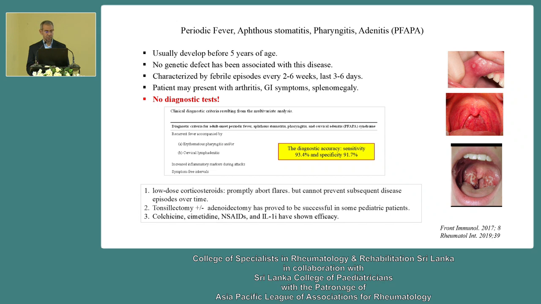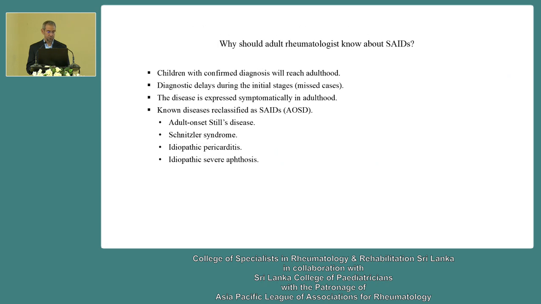No genetic test required in those patients. Interestingly, a low dose of corticosteroid might solve the problem, and some physicians or literature claimed a single dose of corticosteroid will be enough. However, in our practice, probably they need more than this, and maybe colchicine will help them. And there are reports tonsillectomy may also put the patient in full remission.